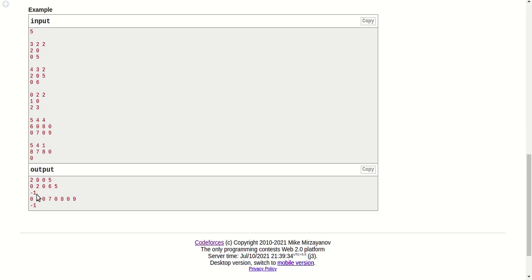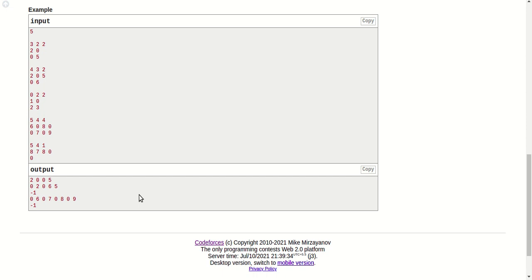Now let's check this one. There are 5 lines, and Monocarp has to edit the 8th line, so we can't edit it. Even if we allow Polycarp's operation, there become 6 lines, still not 8. So this condition will give -1. No correct sequence is possible, so in this case we will print -1.